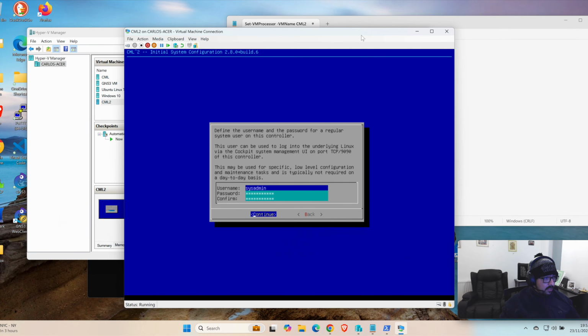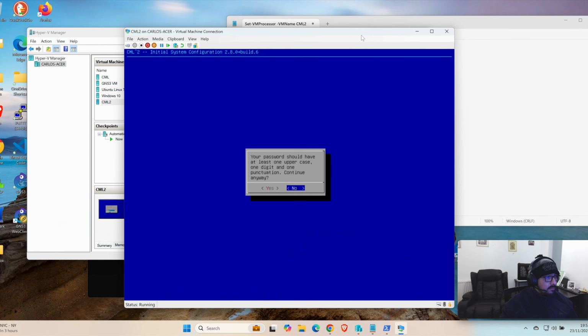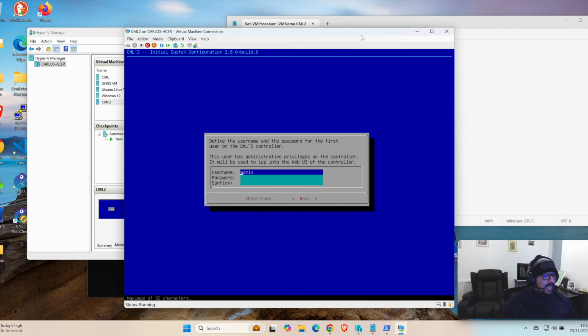And once that's done, I'm going to click on continue. It's just telling me that my password is not that strong, but for the purposes of this demo, I'm just going to leave it as it is. And then you are going to be prompted to generate some credentials for the